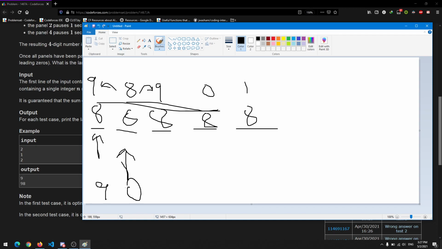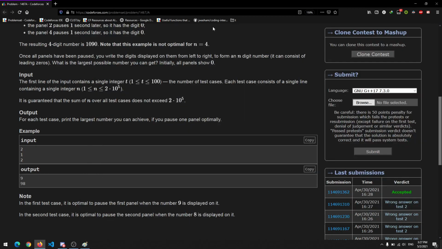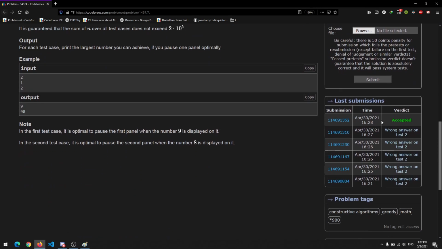So it would be something like 9 0 1 2 and 3. This would be a big number, of course, according to our first logic, but it's always optimal to pause the second number. I made so many wrong attempts on this one. I actually figured out the correct answer, that we could pause the second lamp, but I kept failing something stupendous.